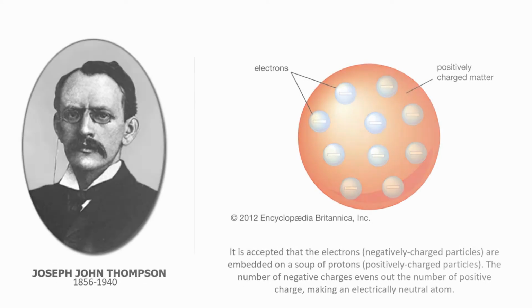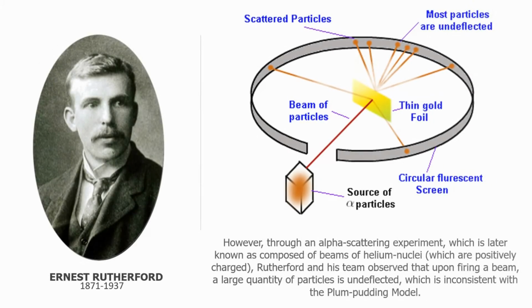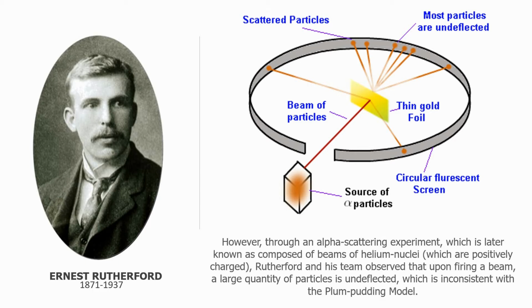During the time of Ernst Rutherford and his team, they found out that if we just accepted the plum pudding model as the generally accepted model, it would not stand, because of the presence of a lot of undeflected alpha beam particles during the conduct of the alpha scattering experiment. The alpha scattering experiment used alpha beams that are actually composed of helium nuclei, which were